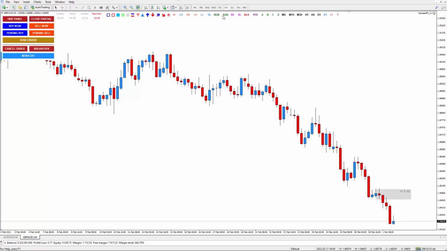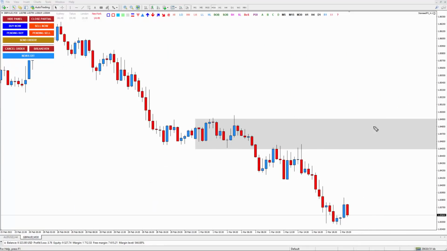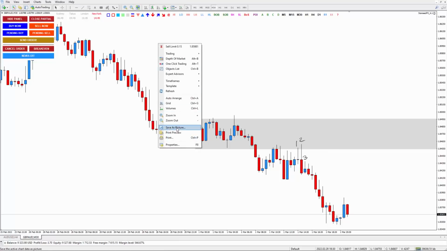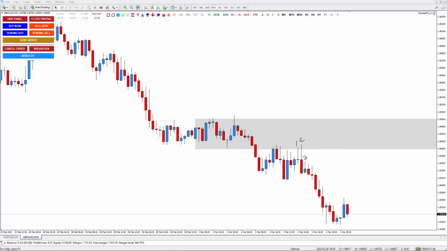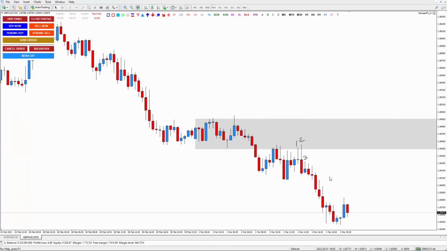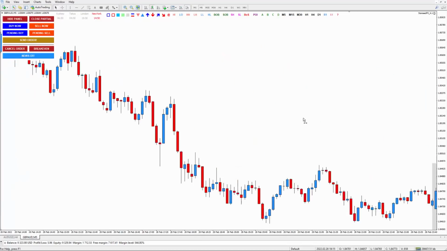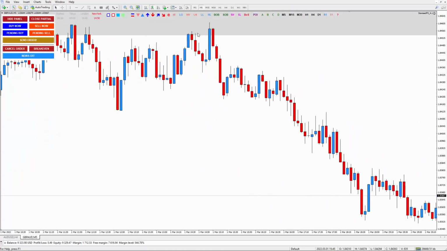So here, and then you go, let's say, to M30. Let me just write it down here: 1, 2, 3, right? So we all start from here. And this one, you want to save as picture. You choose active chart as is. Now you have this, and then you go to M5, and then you show where is your entry.